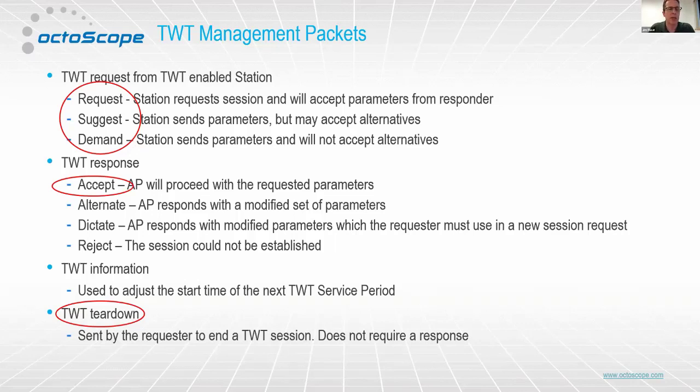There's also a TWT information packet that can be sent, and this could adjust the timing that we were discussing a little bit before. So it could send a new offset for the next TWT service period. And then there's a teardown message that can be issued by the requester if it wants to end the session. This can be sent at any time. It doesn't require a response, and if it's got a certain group of parameters that it doesn't want to use anymore, it could send the teardown and then just start the process over